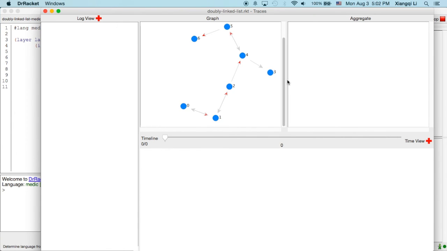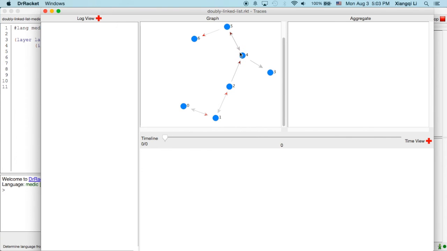From the graph output, we can start from the doubly linked list head, which is node 0, and the next reference of node 0, indicated by the red arrow, is pointing to the node 1, and the previous reference of the node 1 is pointing to the node 0. We go through the list, and when we arrive at node 2 and node 4,